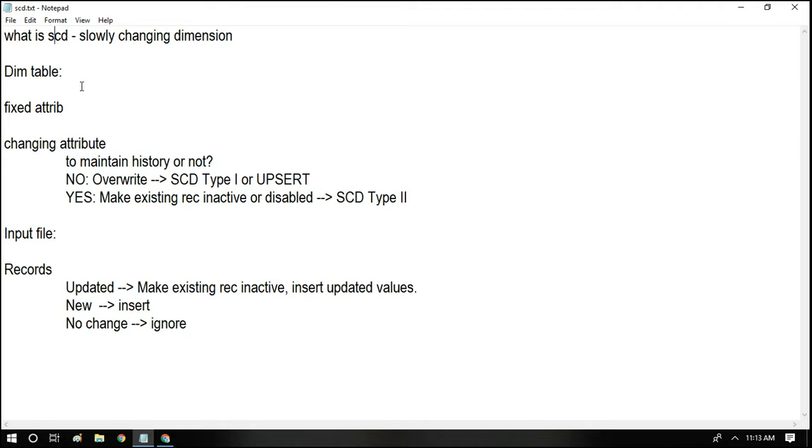Those attributes can be either fixed attributes, wherein we will not be having any change at all. That attribute will not change in its lifetime. Once it is inserted to the table, it's not going to change forever. For example, first name, last name, employee ID or serial number or dimension ID, which are not supposed to change over time, that is called a fixed attribute. There might be other columns which can be changing in the course of time. That is what we call a changing attribute.